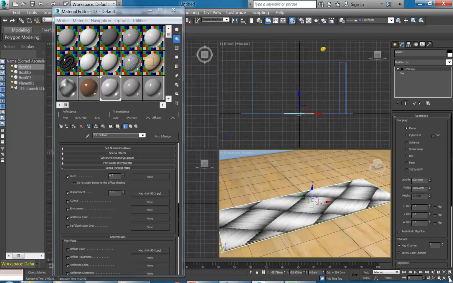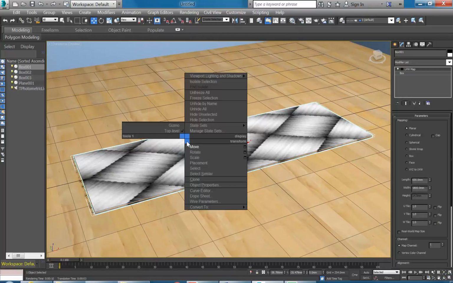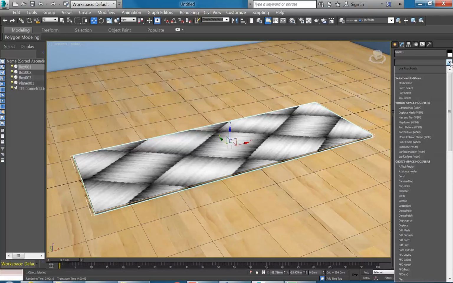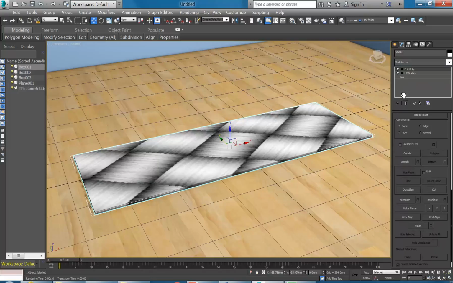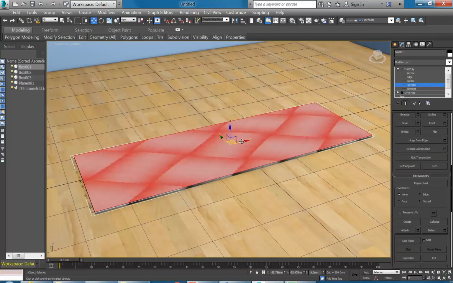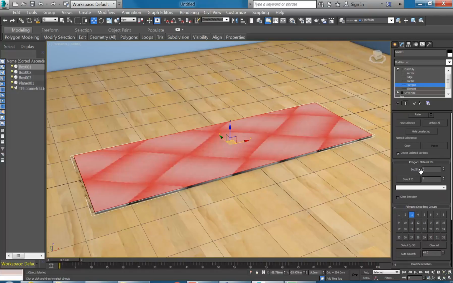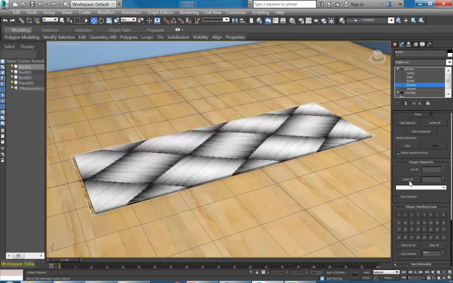Alright, so you might remember in that revolving door tutorial that you use that door template, and you can do something similar if I convert it to an editable poly, or use the option, actually this is a really good case where you could use edit poly. And now I'm going to go down to polygon, just select the top there, and find set ID and make that 2. That's it. So if I go here to select ID and put a 1,